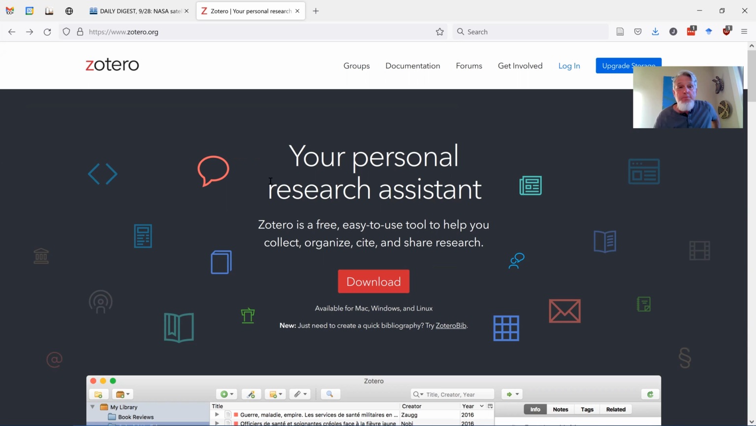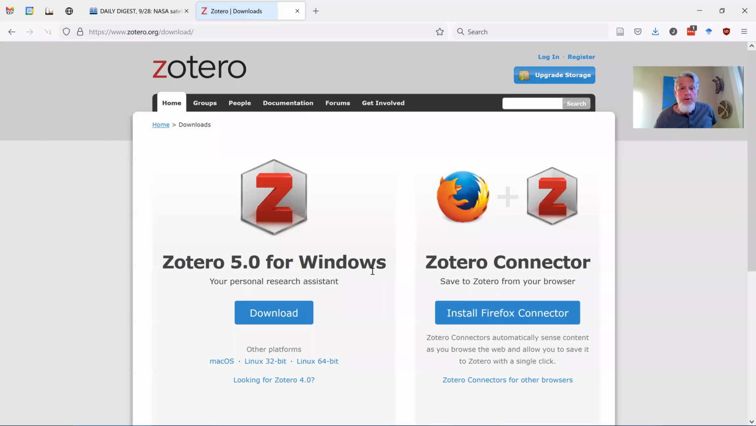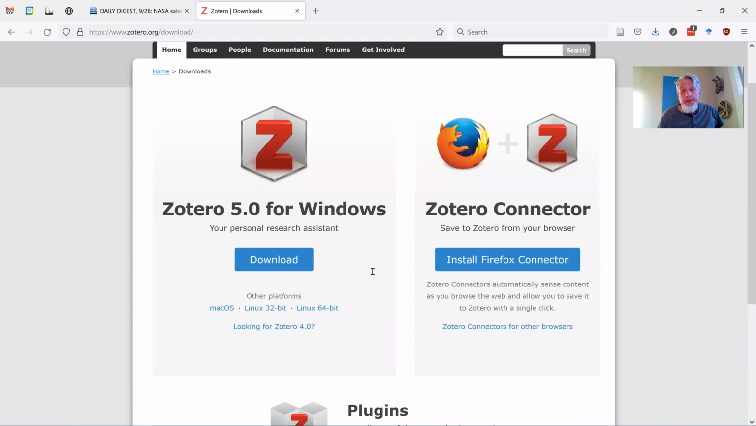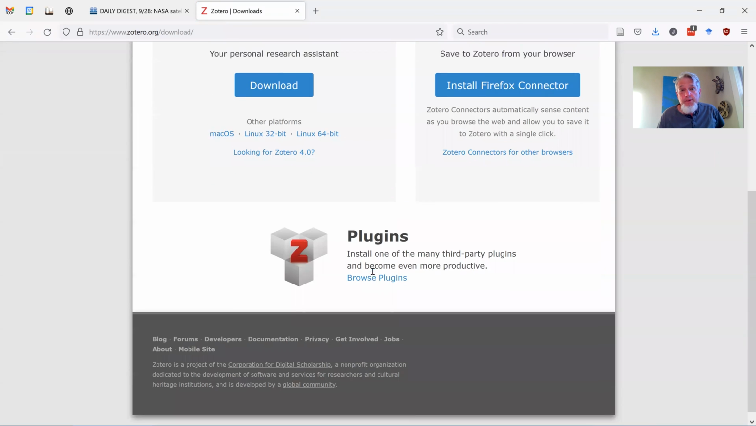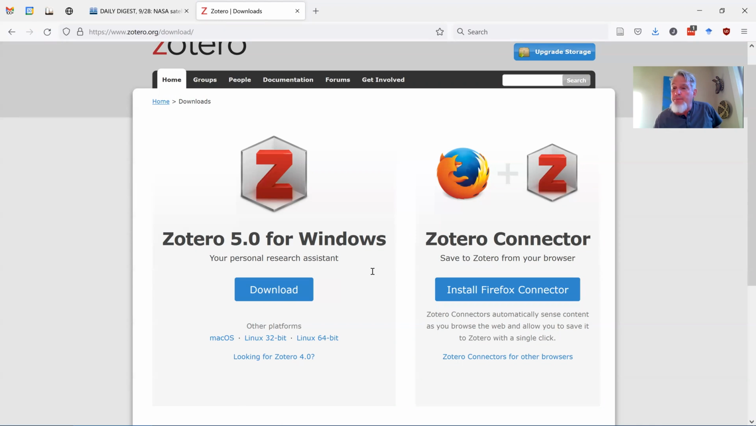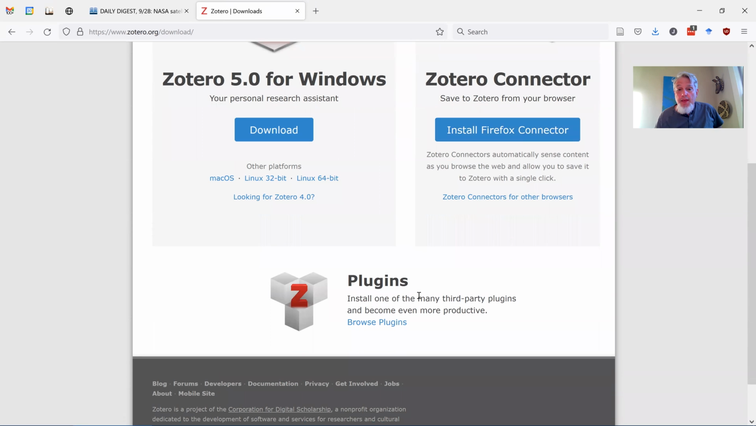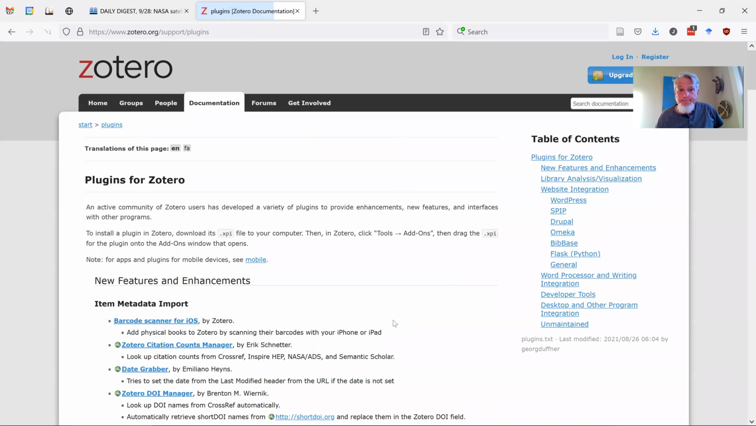So I use Zotero. Basically it's zotero.org. You hit download, it's going to take you to this window. I'm using Windows, but it works on Apple too. So it knows I'm on Windows. So you download the Windows software, and then you also use the Firefox connector. You need Firefox to use this. And then you're also going to go to plugins,